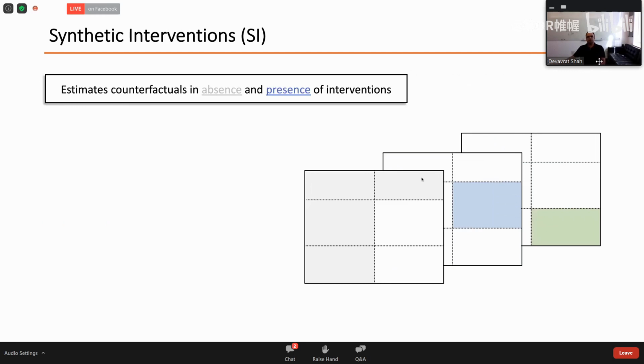Now, synthetic intervention, which is the natural generalization of it, is not just about absence, but also presence of intervention and multiple interventions. So the scenario that we had was, let's suppose here are different countries pre-intervention, on day 0, that is the 80th death in each of those countries. There was nothing that was done effectively. After that, some countries remain under low mobility restrictions, some moderate and some high. And we want to understand what would have happened to United States under each of these three things and all other countries too. So I want to simultaneously know what happens to all countries under all possible interventions.